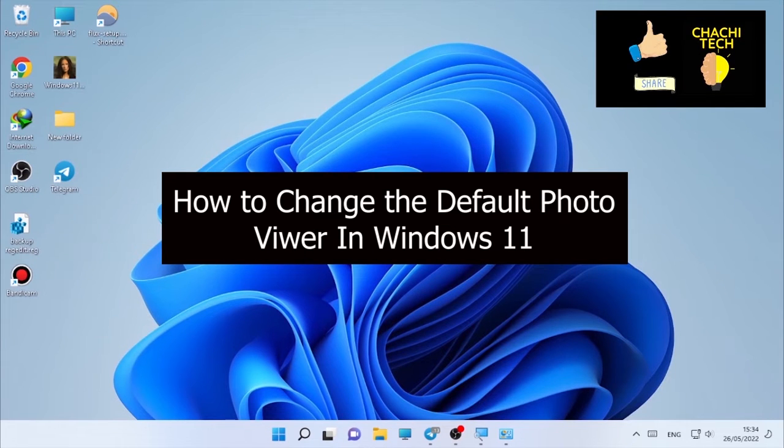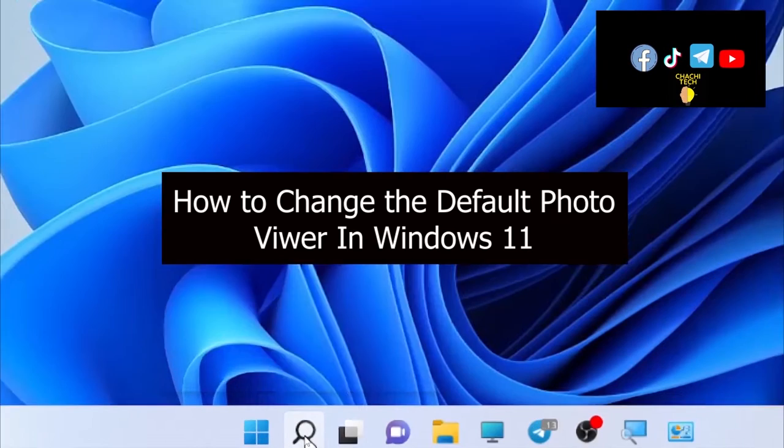Today's tutorial is about how to change the default photo viewer in Windows 11. So to change the default photo viewer, just click here on the search icon